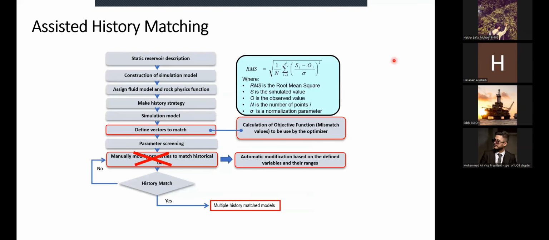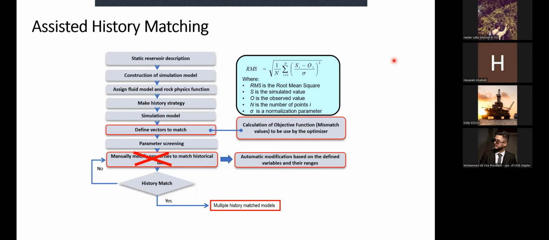Now, we need to do this one in an automated method. It is not really feasible and not really user-friendly to have, let's say, 10, 15 parameters, and each of them has 10 samples, and you change them manually. Then you go to the simulator and change one value and run the model. You need it automatically in the tool. So we have